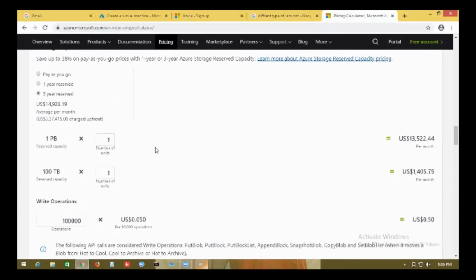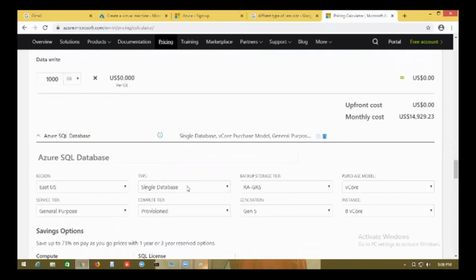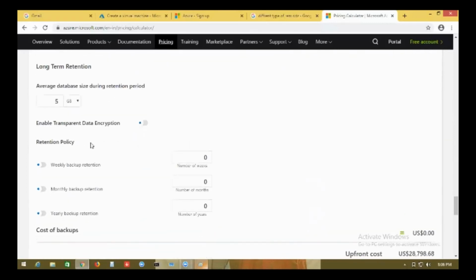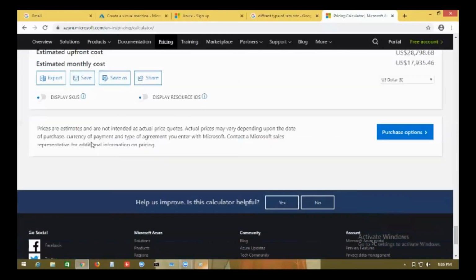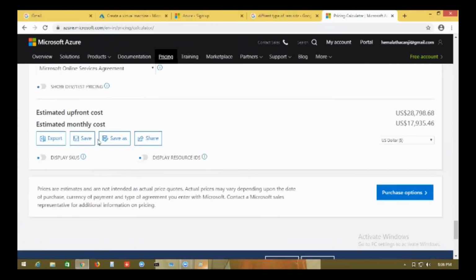And the same way you can define how you want the SQL. We have the same options here also. For example, you say that you want two database servers. So all this you can just define here as parameters, and you can say that everything is fantastic. Then this is what the estimate is going to give you. It gives you the pricing.